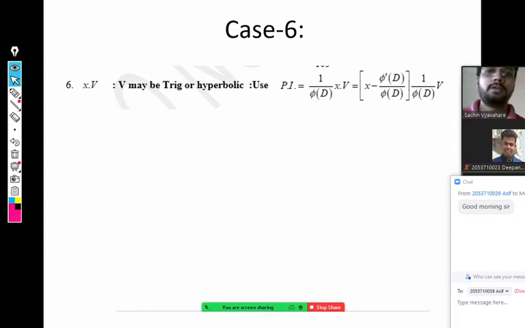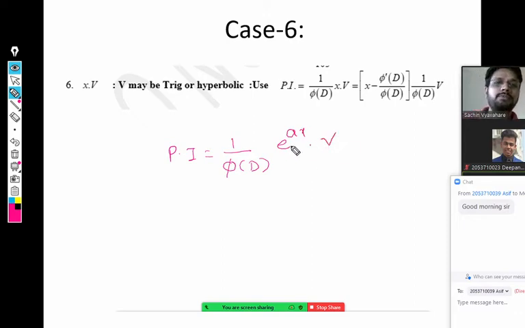So, coming to the last case that we have. Just like the previous case number 5, whenever we have to find a particular integral, the formula is 1 upon phi D of f(x), and in that case we have e raised to ax into v. So when it is an exponential function into any other function, it's better to use the exponential case, where we take the exponential function outside the operator by replacing